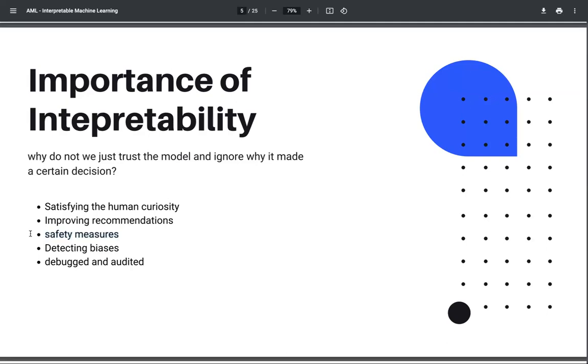So if your model is used, for example, for self-driving cars, or something that is responsible for human life, I don't know, some model in a big nuclear facility or something like that, that's definitely not something that you could just easily trust. Going back to the first point, which we discussed earlier, detecting biases against certain minorities, such as Black people